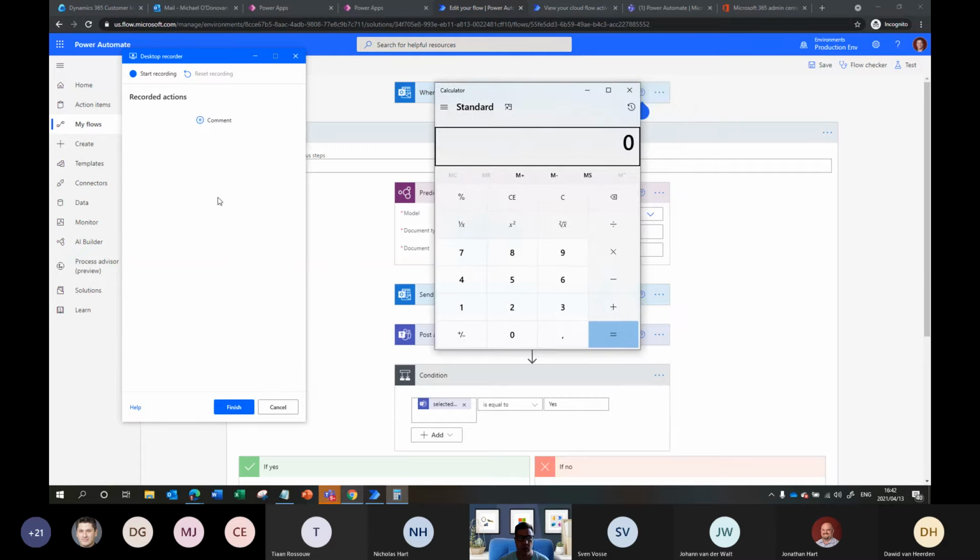As soon as I hit start recording, it's recording any interactions with the desktop, whether it's keystrokes, mouse movements, mouse clicks, shortcut keys, whatever it might be. And as you hover over elements, you get the red box, and then you know you're in the right element.